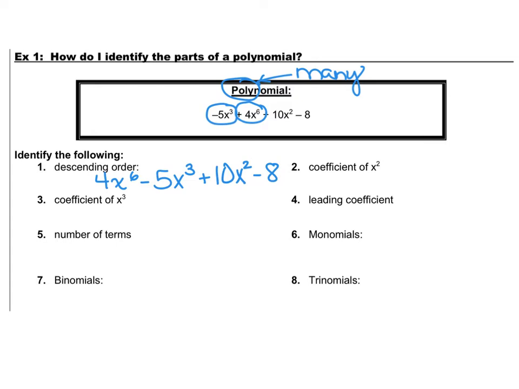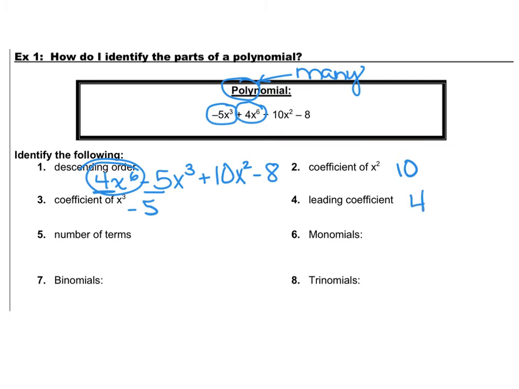All right, so now let's talk about what the coefficient of x squared would be. Well, remember the coefficient is the number that is with a variable. And since we're talking about x squared, we're talking about the 10. 10 is the coefficient of x squared. The coefficient of x to the third power is negative 5, because there's a minus there. The leading coefficient is the coefficient that goes with our highest exponent in the descending order,